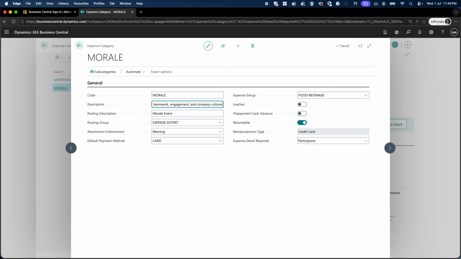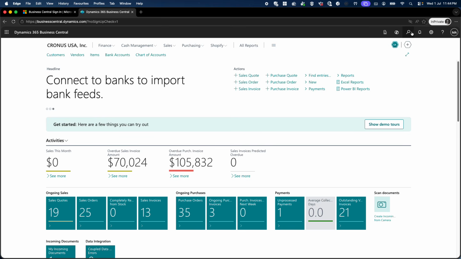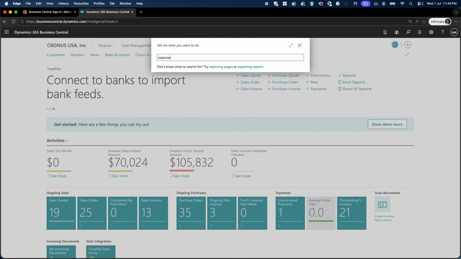It all depends on the expense detail required, which says participants. So now if I go to expenses